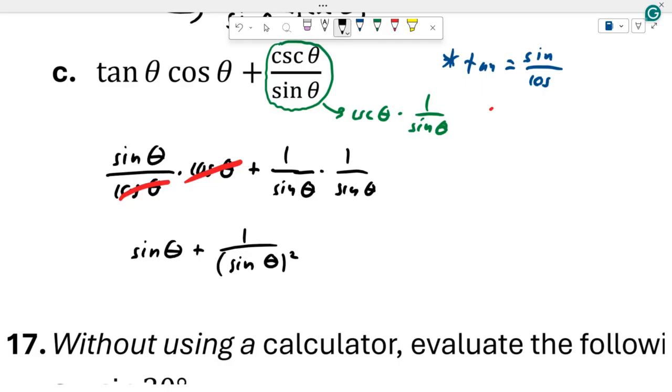Parentheses are useful, but if you can get away without using them, it's better. This comes up often enough that we want to express it without using the parentheses. And so when you square a trig function like this, you can write it as sine squared